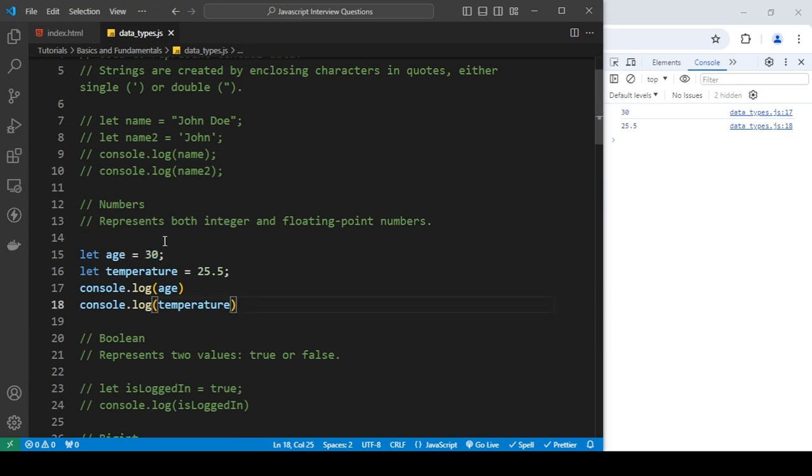So this is how numbers are done. Just write a number without any single or double quotes, and if you have any number that has something like a decimal point, this dot, it is considered a floating point number. So this is how you write floating point numbers, and this is how numbers are done. So let's move on to the next example,